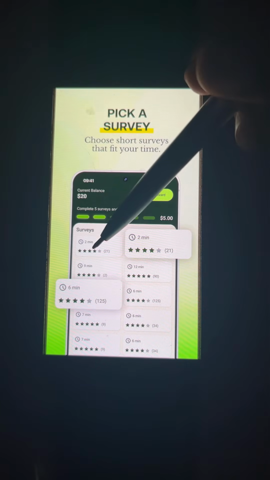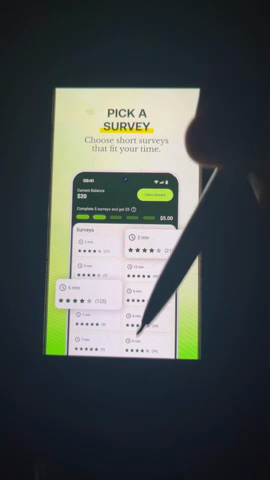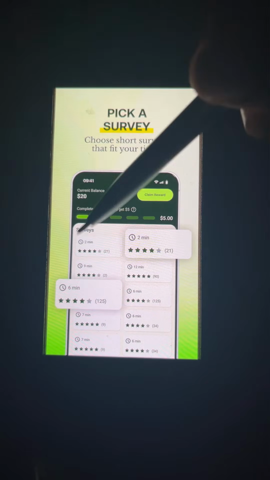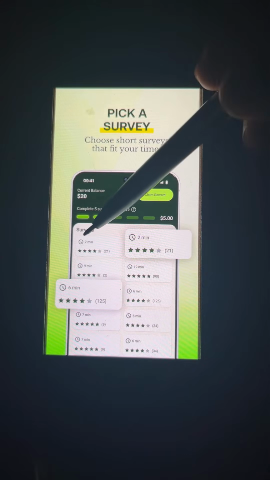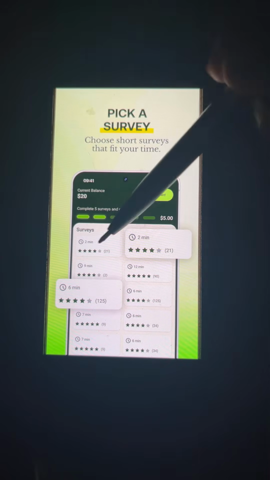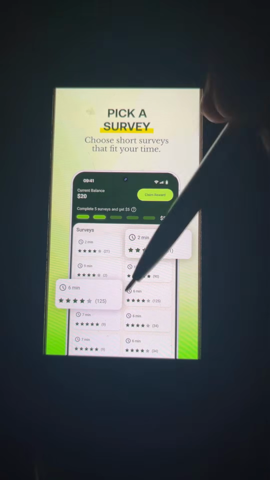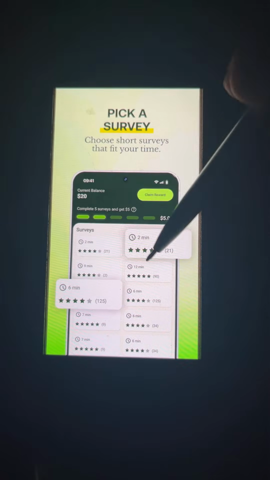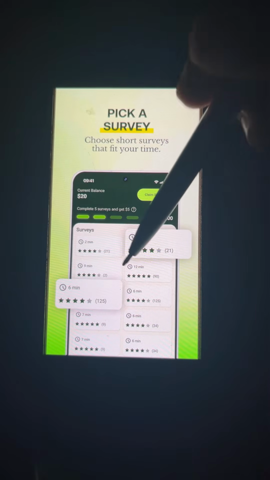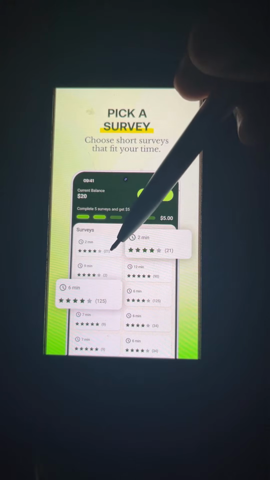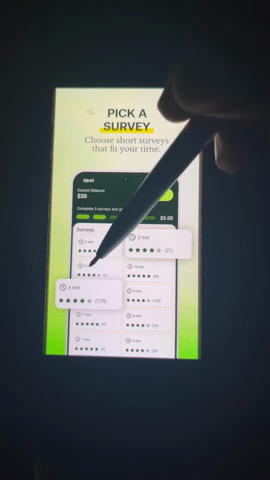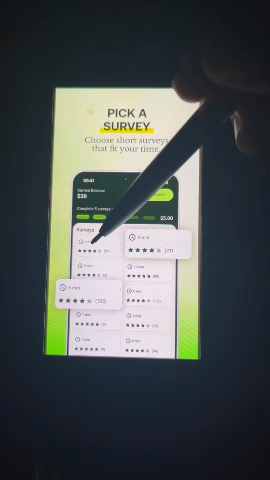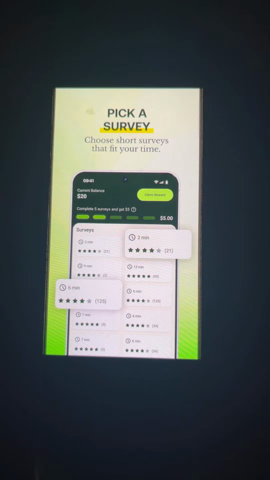And you can see these are surveys. This is 1, 2, 3, 4, 5, 6, 7, 8, right? Now, all these surveys you are seeing here are on the app. The ID is not showing. You are just always seeing this is 2 minutes. That's the timing, and the stars. The stars means the number of people that have participated on this survey. Are you getting it? That's the stars. While the timing, you already know what the time is all about. That's the time given for you to fill up or participate in the survey.